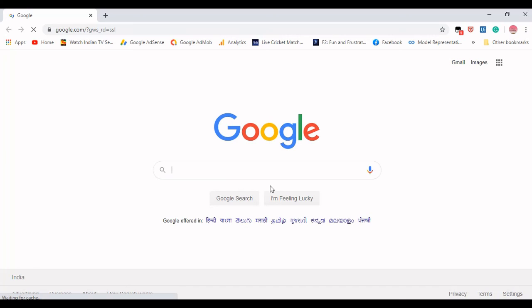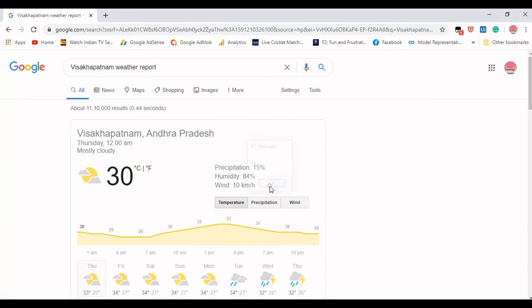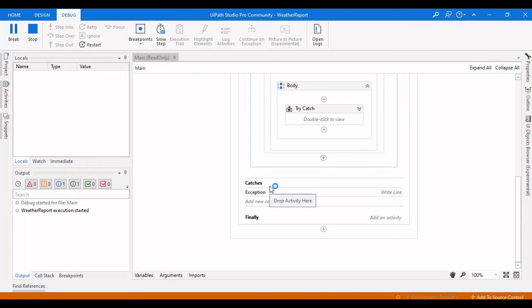So we have now moved to the second row of data, which is Visakhapatnam, and now it will update the row with temperature, humidity, wind and precipitation. So it is 30 degrees, 15%, 84%, 10 kilometers, and then the third one is Guntur.